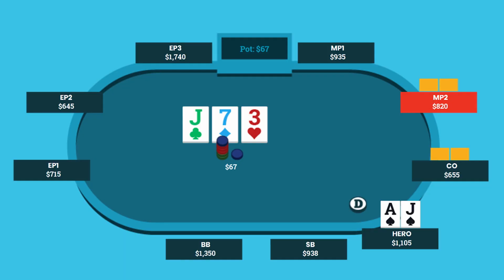Between the other two players, between middle position and the cutoff, their effective stack would be 655, because again, the cutoff has the smallest stack size between the two of them. So if you're playing in a game and the effective stack is 20 big blinds and you buy in for 1,000,000 big blinds, your 1,000,000 big blinds doesn't really matter all that much since you're playing 20 big blind effective poker against your opponents. So when trying to answer this kind of question, I like to think about the pros